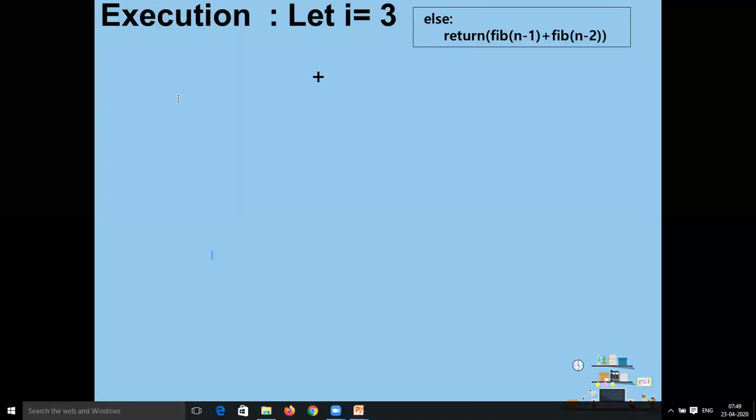If n equal to 3, then the for loop will execute for c in the range 0 to 3 plus 1, that is 4, so it will execute for c equal to 0, 1, 2, 3. It means it executes 4 times. Now when c equal to 0, it will return value 0. So for the first time it is going to print 0.